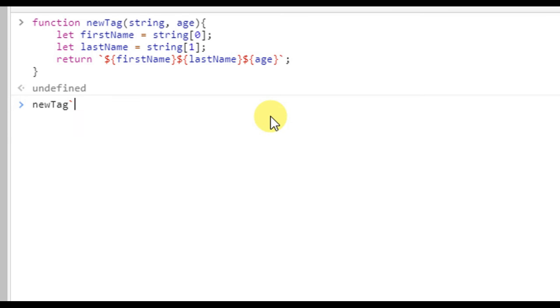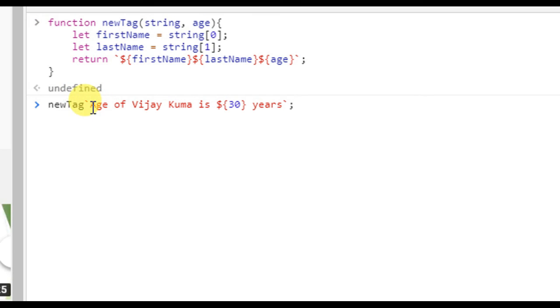So start of expression template literal, and saying age of Vijay Kumar is 30. Let me modify this once again, Vijay, and I'm just putting this here.